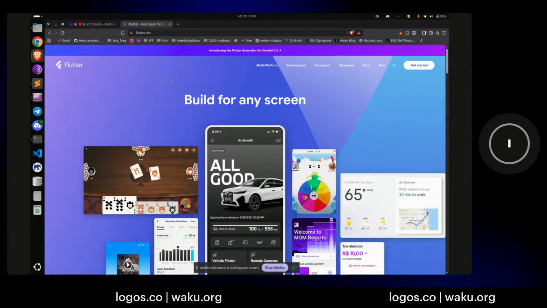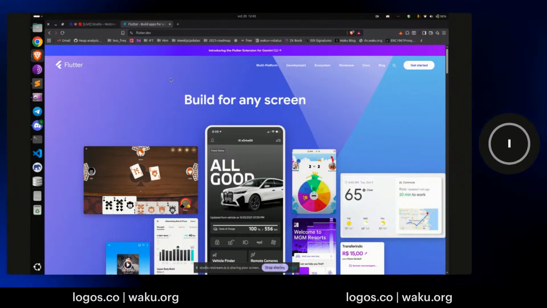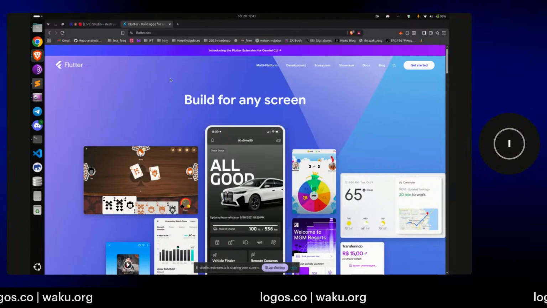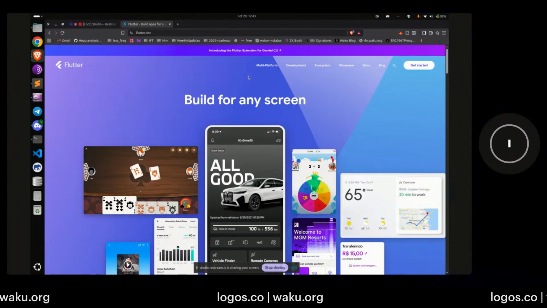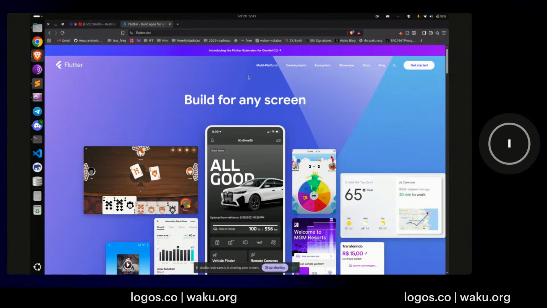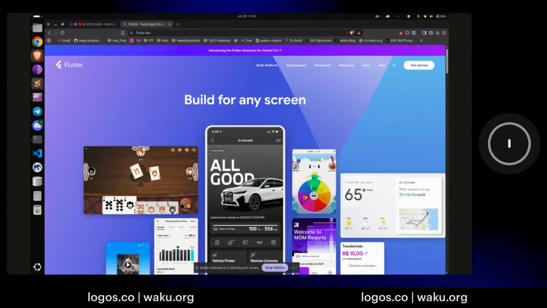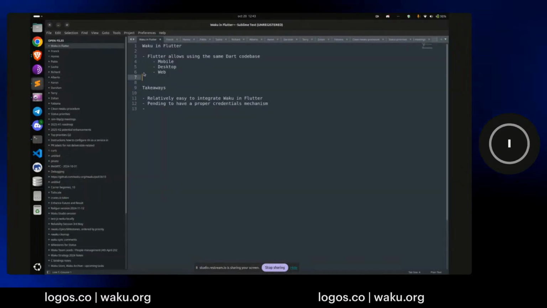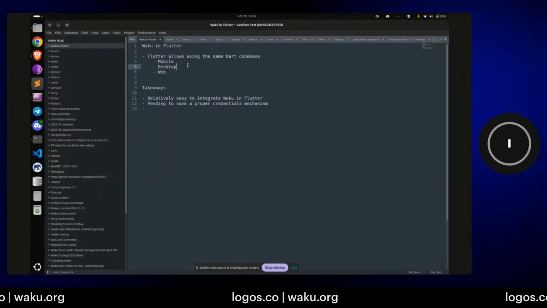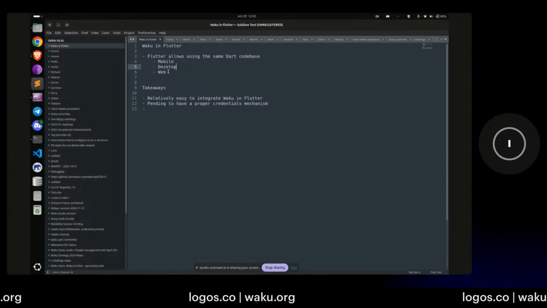For those who are not familiar with it, Flutter is a platform developed by Google, and the main idea is to keep the same code base and be able to deploy easily in multiple platforms: mobile, desktop, and web.